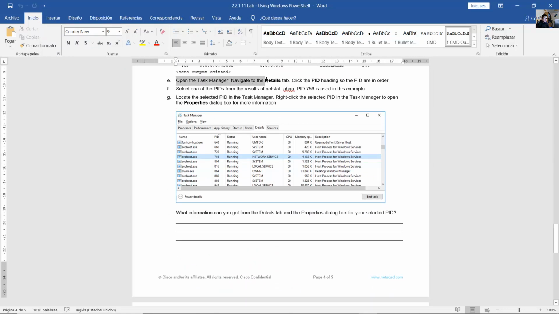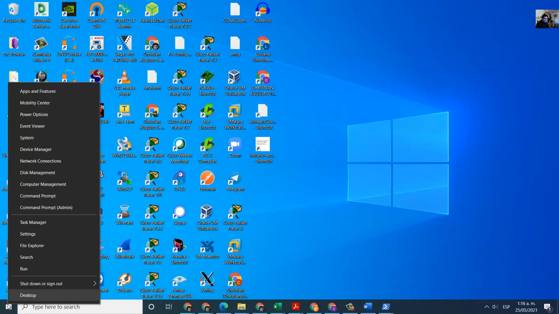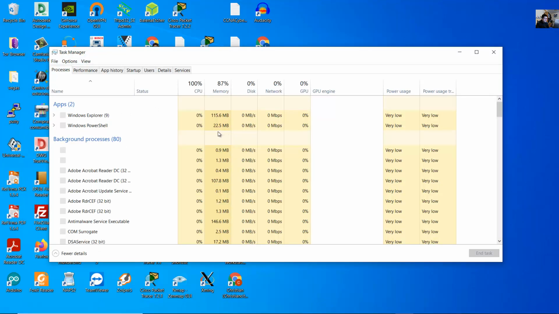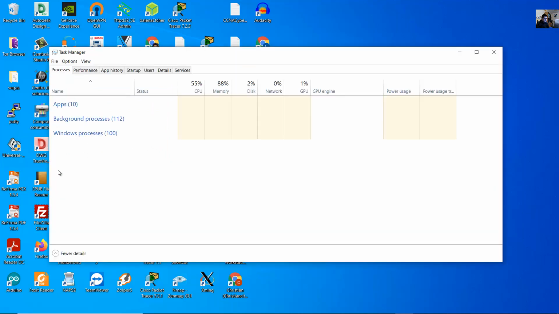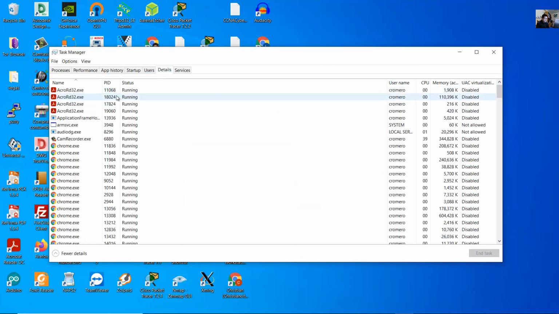Open the Task Manager, navigate to the Details tab. Click the PID heading so the PIDs are in order. Okay, go to Task Manager, right-click on Start. Click here, Task Manager. Okay, if you see this, more details. Okay, and click the Details tab. Details tab. And now you can see the process ID,